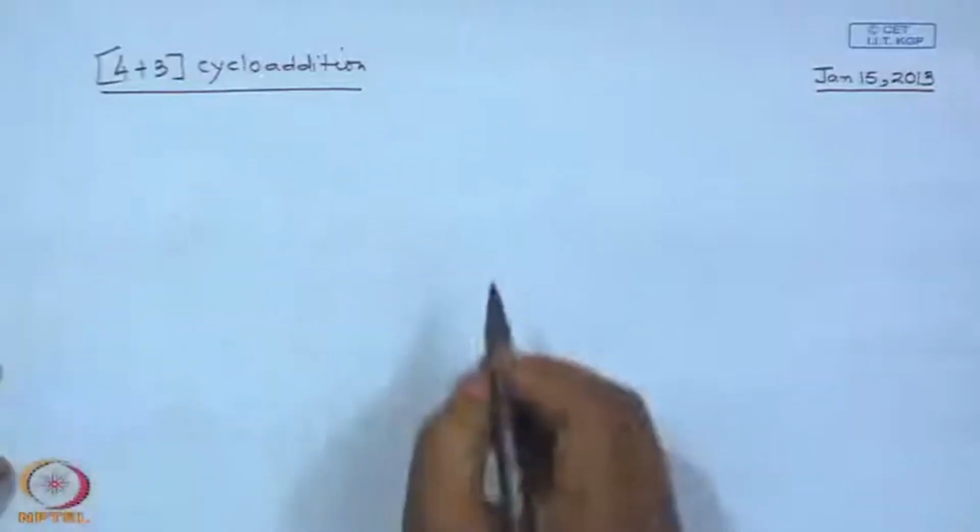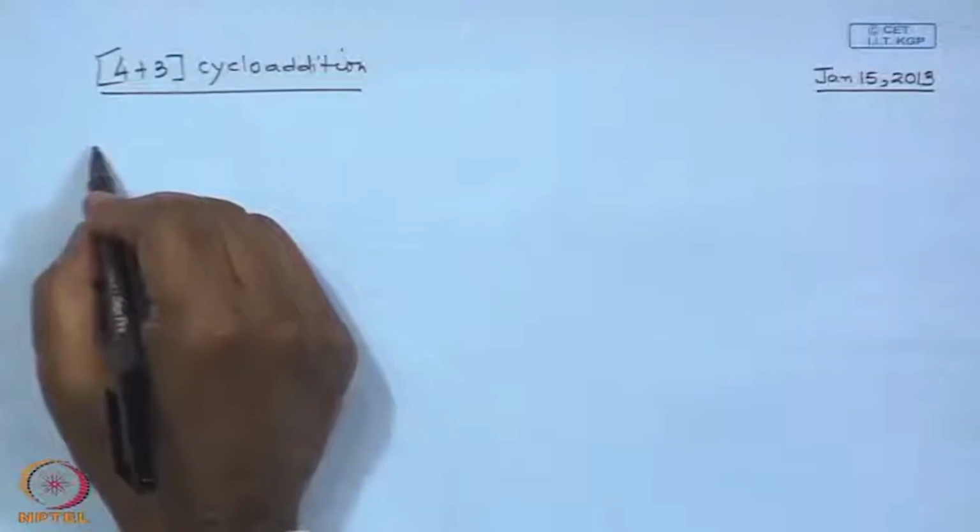And then we have also talked about these azadiene reactions. One of these reactions is popularly known as the Povarov reaction, which basically involves amines, or sometimes we call them amino-Diels-Alder reactions. Today we talk about a very similar reaction, although it is 4 plus 3. If you recall, all these numbers, 4 and 3, refer to the number of atoms forming the ring. So basically they are the numbers of atoms from each reacting component,